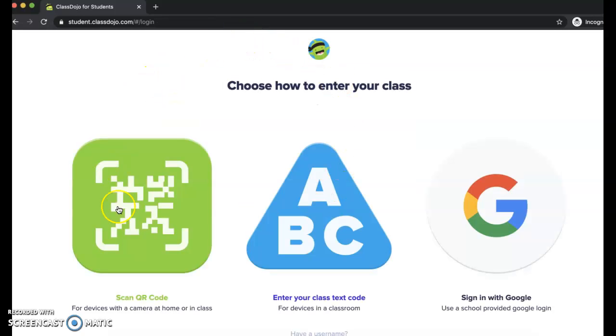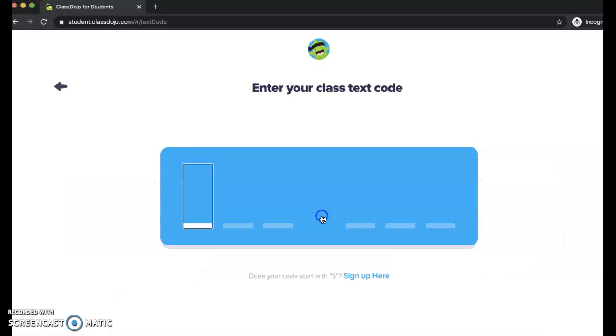That student will take you to this page. Once you're on this page, you're going to enter using a class text code. That code is going to be given to you. I'm going to use a code that I already have, but it is not going to be the same one that your child has. So my class code, I'm going to click the ABC, and I'm going to type in my class code,